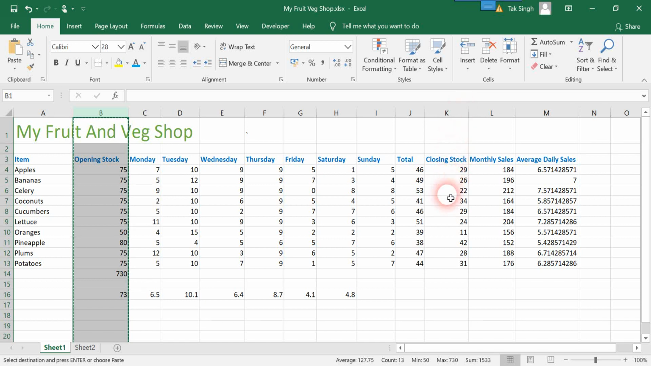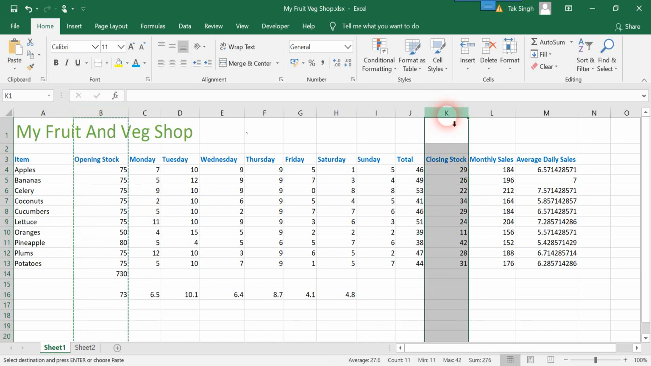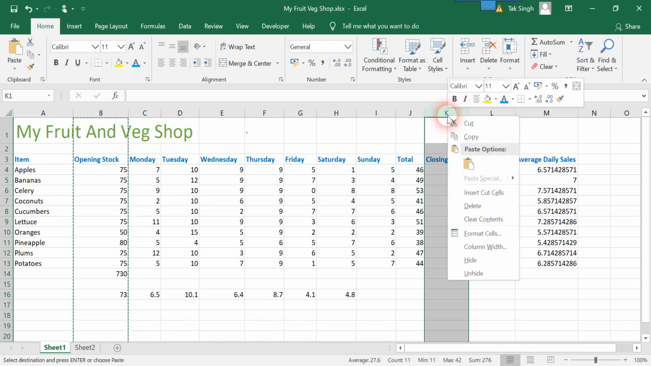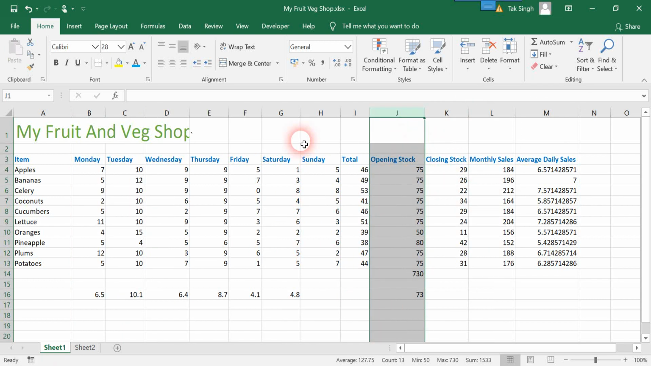We want to move it right before the closing stock column, that is column K. So select the column before which you want to move the column, right? And then right click on that column and select insert cut cells. Now you can clearly see the set of cells from column B have been removed or cut away and moved